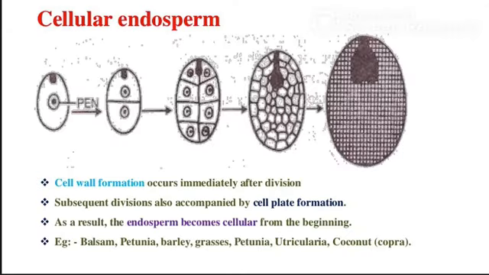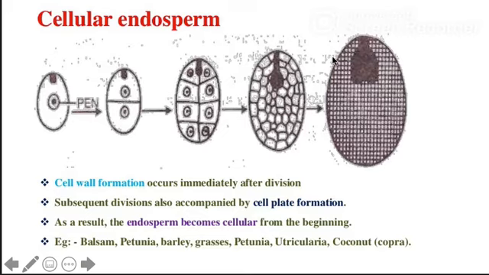Welcome back. So we were talking about the cellular endosperm. The cellular endosperm is formed when the primary endosperm nucleus undergoes divisions of the nucleus, and wall formation occurs immediately after nuclear division. The subsequent divisions are also accompanied by cell plate formation, and the endosperm becomes completely cellularized and it covers